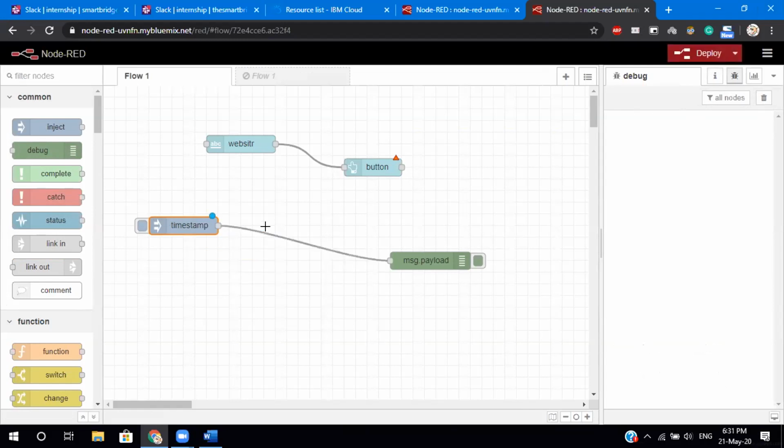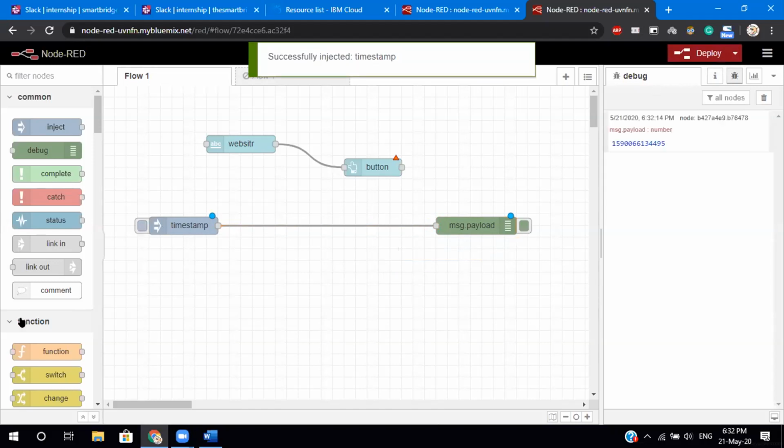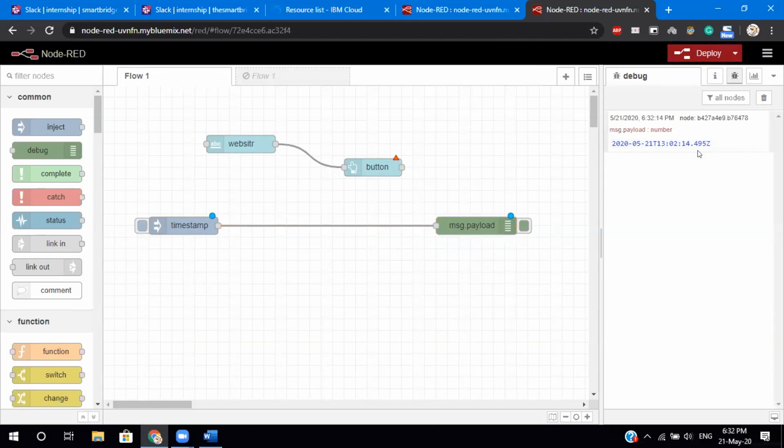So these are all nodes. How did I create a connection? I just drag from this node to this node, and the connection is created. This is an inject node. What it is going to do is inject something. For now, I've asked it to inject a timestamp. So I've got time here.